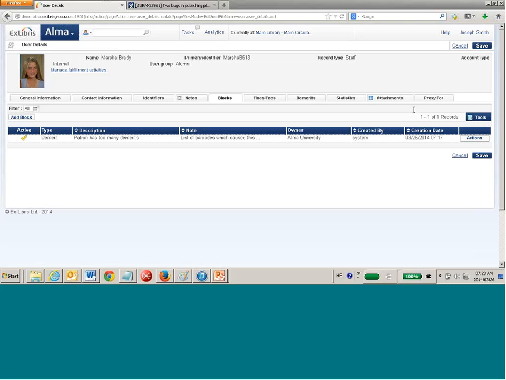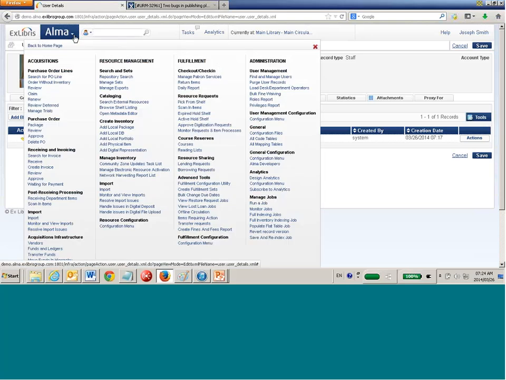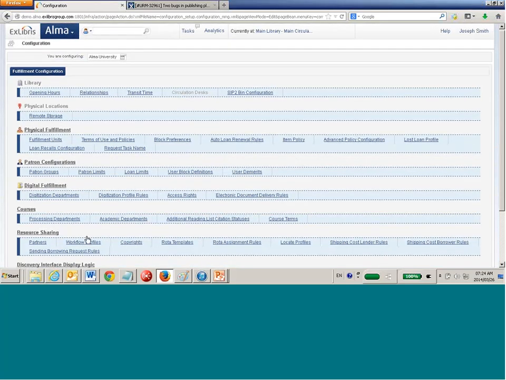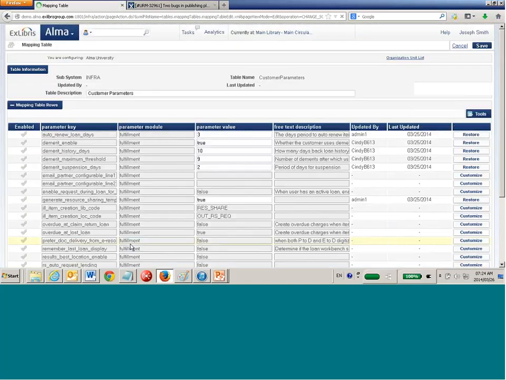Okay, we're keeping anonymous who sent it in, so it's okay if we say politely no. No, it doesn't have anything to do with the fines, but it does have to do with it hasn't been 2 days. We have a parameter in the other settings which says demerit suspension days. So the demerit suspension days is set to 2. That means the